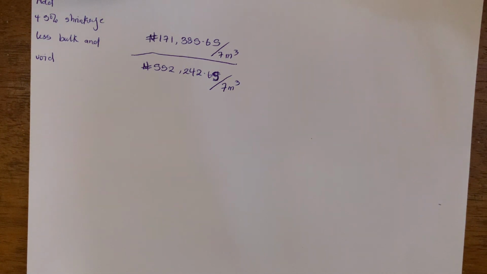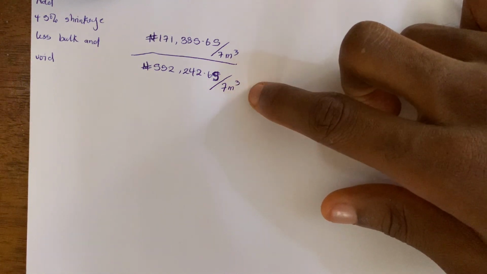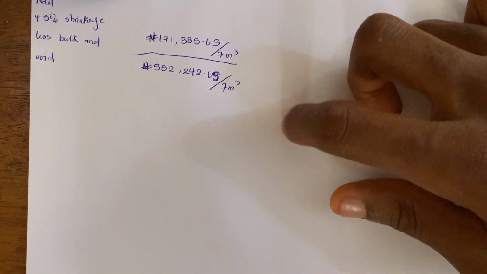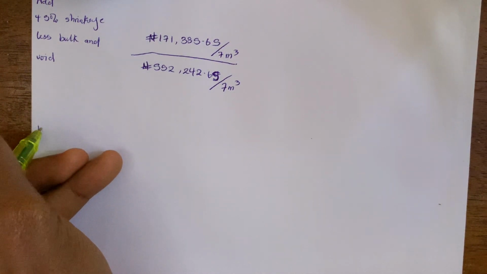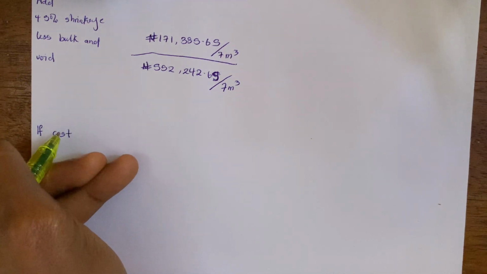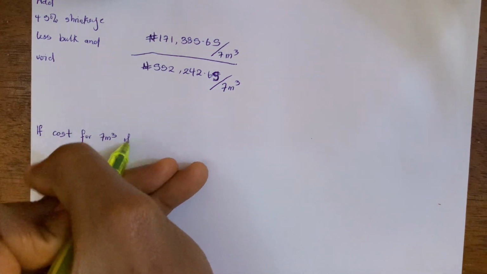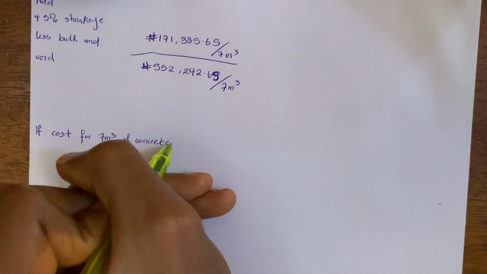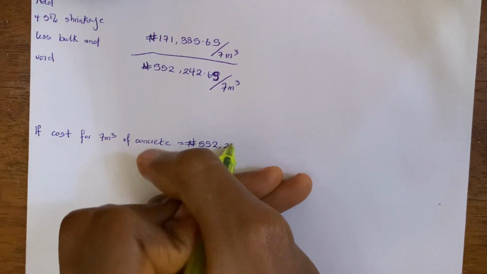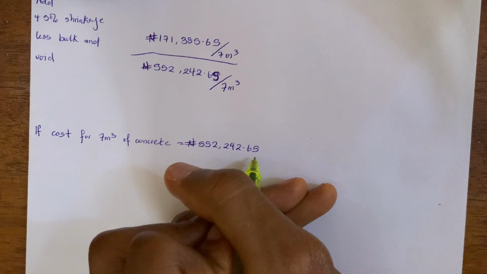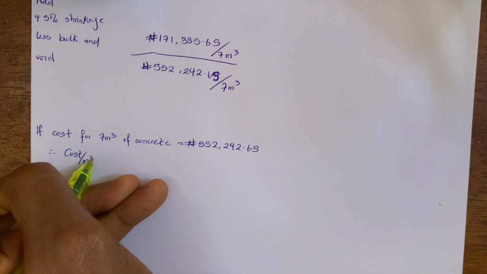So mind you, the unit we are building up our rate is the cost per meter cube. So what we've gotten here is the cost for 7 meter cube of concrete. So we need to now determine what will be the cost for 1 meter cube. So we can now say, if cost for 7 meter cube of concrete is equal to 552,242.65, therefore, the cost per meter cube is equal to